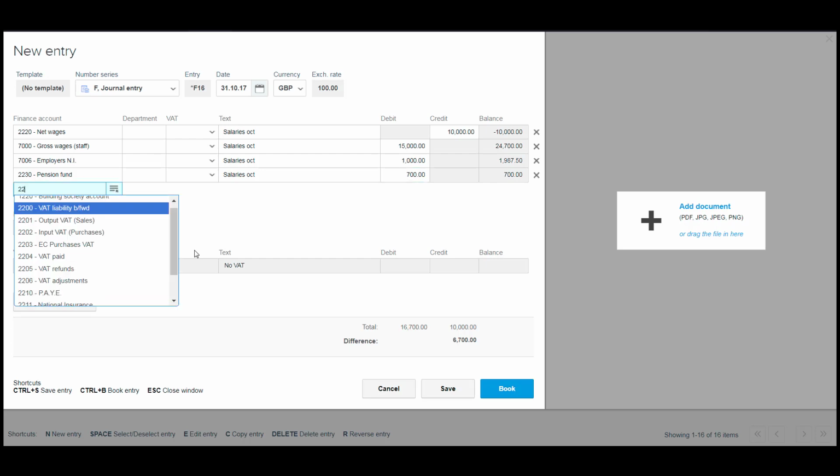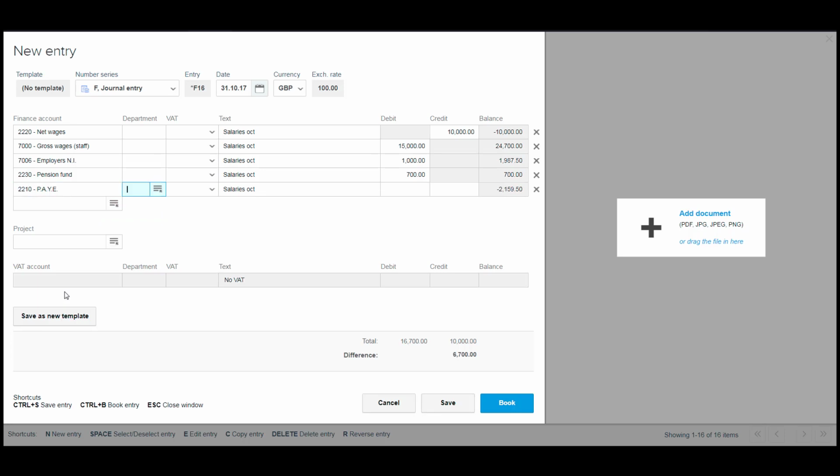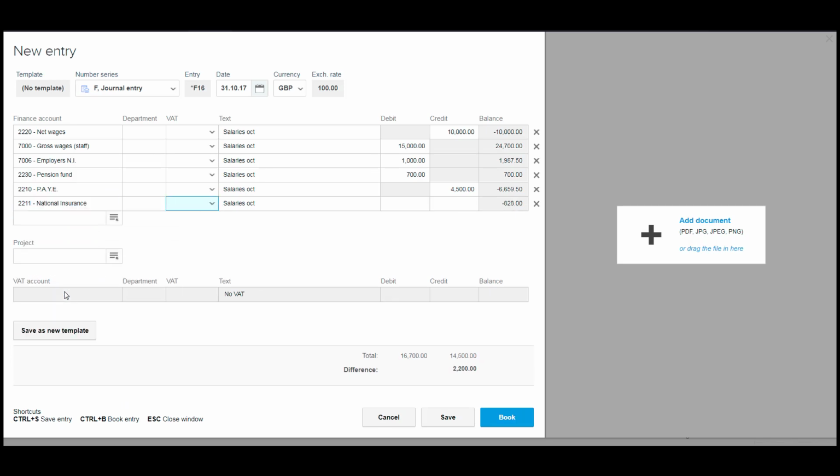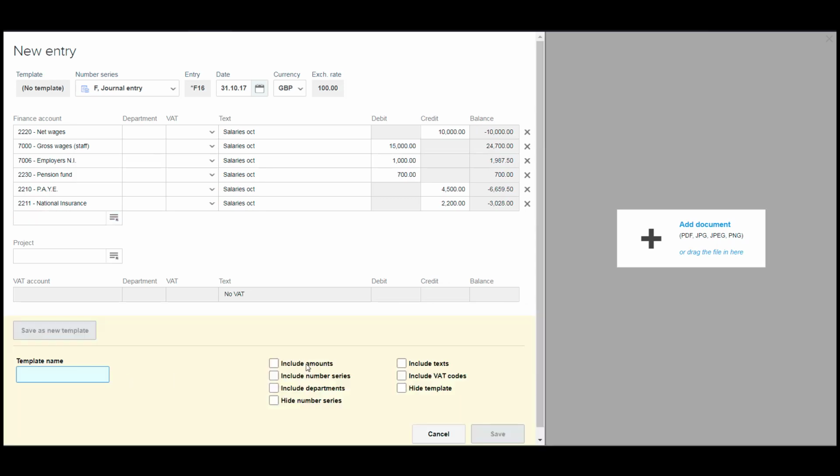And continue down to the PAYE, so the tax, that's a credit, and then finally the total national insurance, employers and employees. So if you know that's the last entry you're going to make, you can just use your tab key and it will automatically put the balancing figure in there. Obviously check, make sure you're happy with that. If you are, then what we can do is, obviously down here it's saying difference is 0, and that's what you want to achieve. Save the template, give a template name,